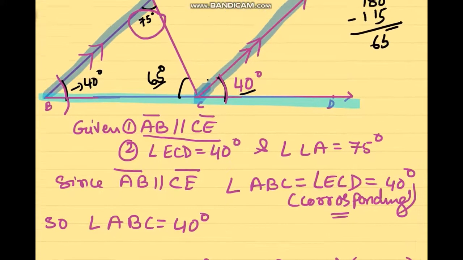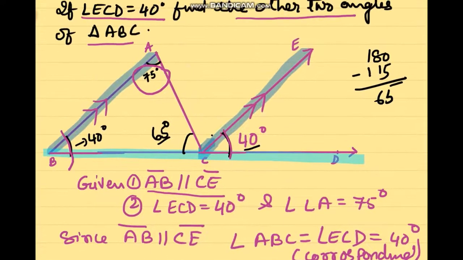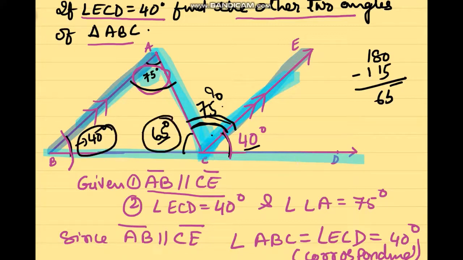Now it is not asked, but just I am letting you know, if you want to find out this middle angle, you can simply see that this 75 degree and this particular angle are making alternate angles. This way it is making Z. So this angle will be equal to 75 degree, because angle A is forming alternate with this angle. But we only need to find out B equal to 40 degree and C equal to 65 degree.